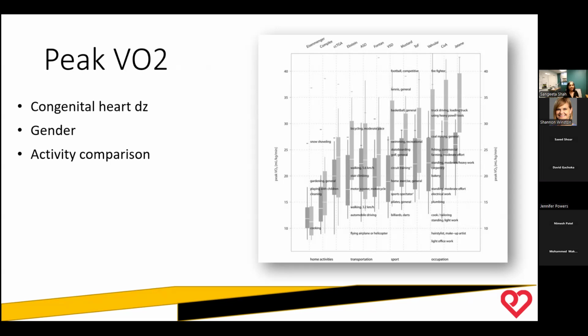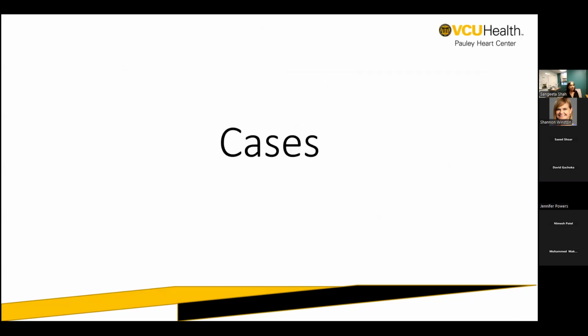What is interesting is that they wanted to compare this to other activities. So in Eisenmenger's, if you notice, cooking is here, cleaning is here. They may not be able to do cleaning, but they would be able to do cooking. I don't know how much I use this, but it's just an interesting comparison. So knowing that little bit of information, we're going to go through some cases.